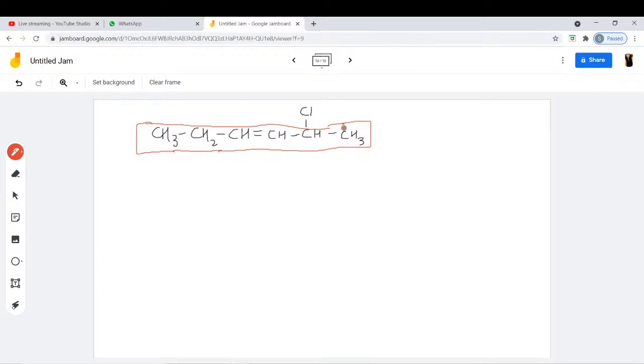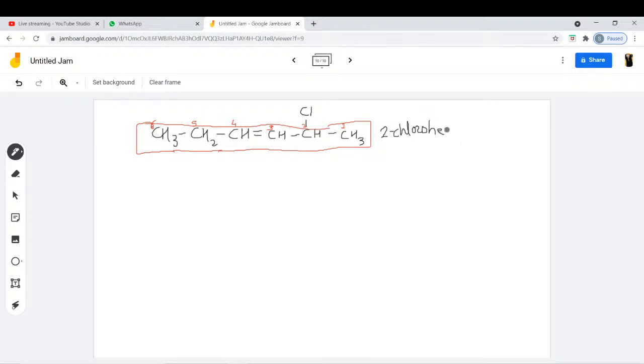This is carbon number 1, carbon number 2, carbon number 3, this is carbon number 4, this is carbon number 5, and this is carbon number 6. So its name will be 2 chloro, and how many carbons in total? 1 2 3 4 5 6, so hexane, but with a double bond, so hexene, on the third carbon, so hex 3